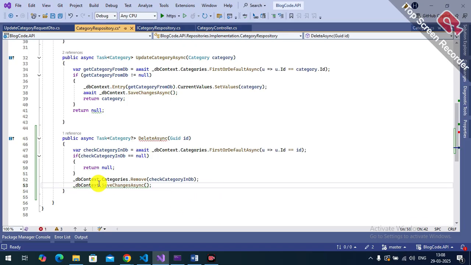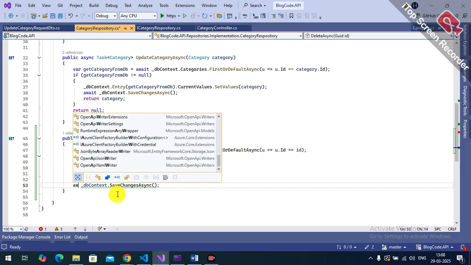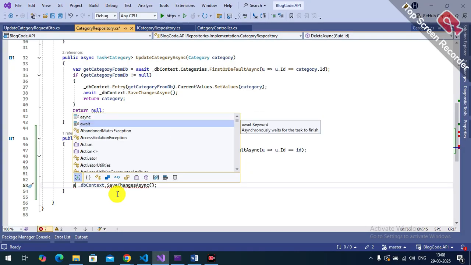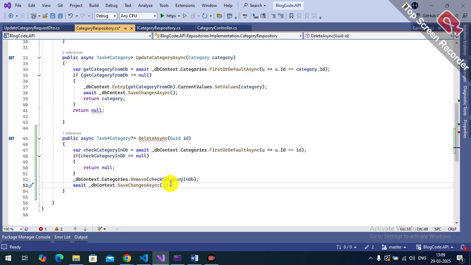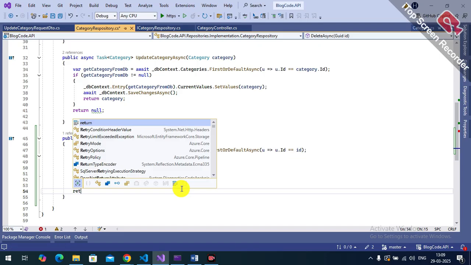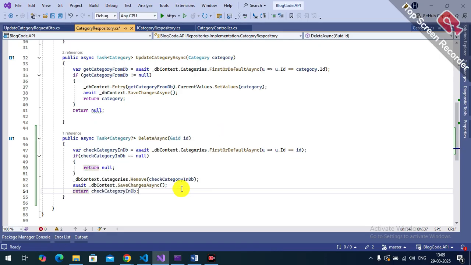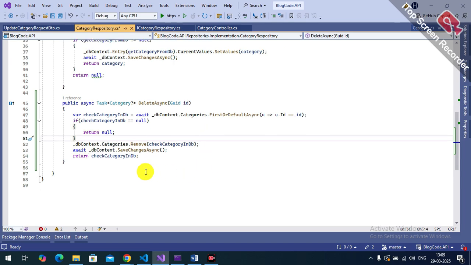and this will be the await. Okay, and then return the check. Any doubt in this method? No. Okay, great. So now let me flip to the our